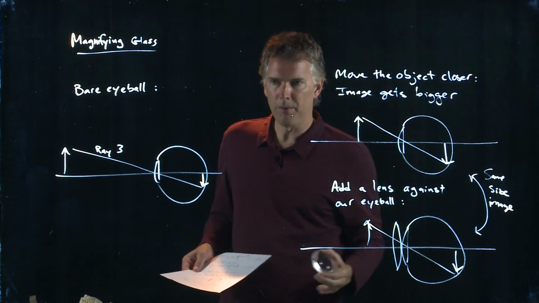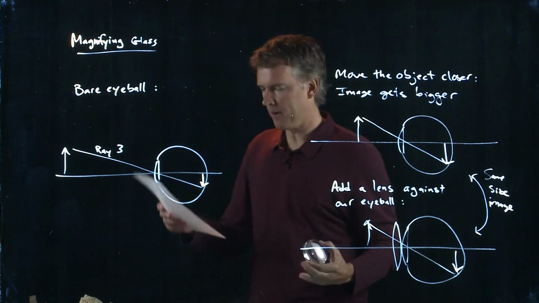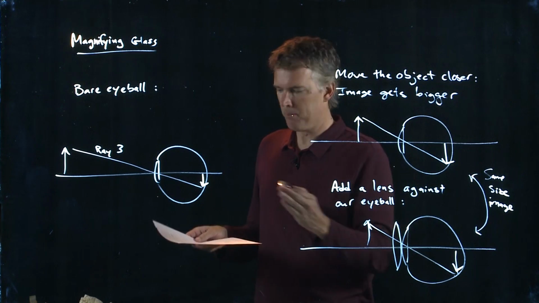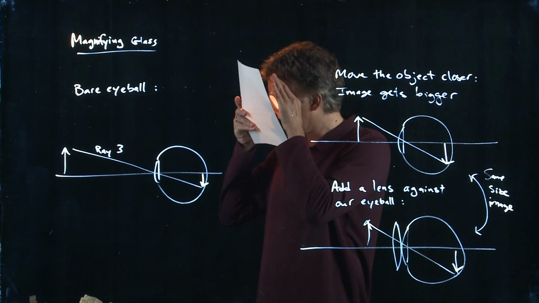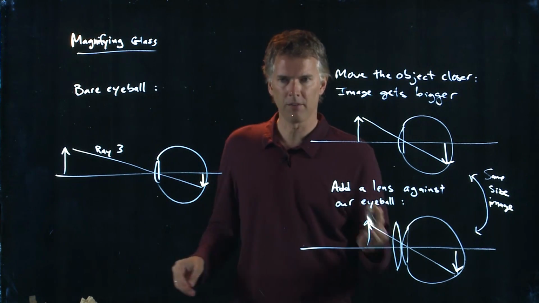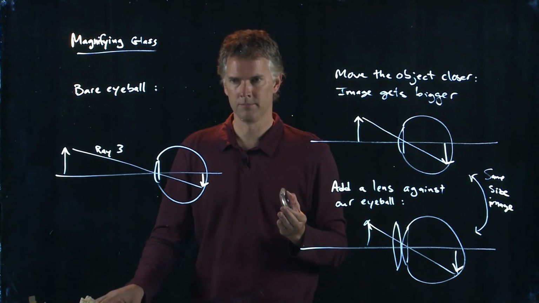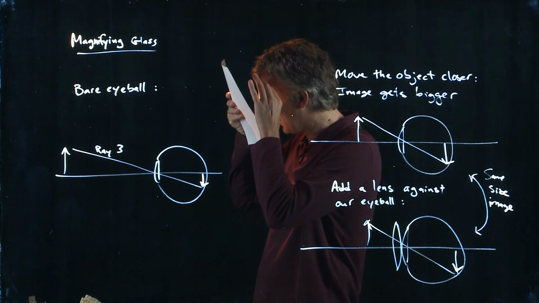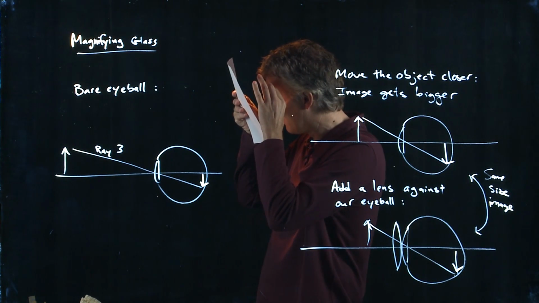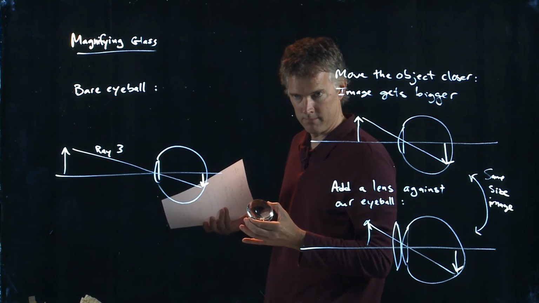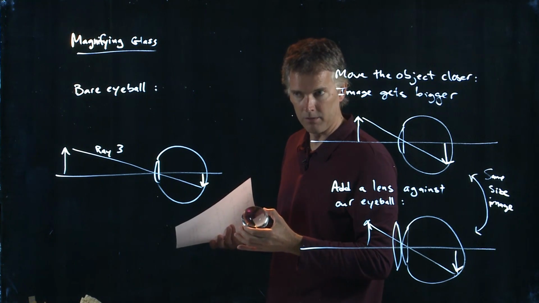So, what's the purpose, right? What I just said was if I bring the object in here, it's going to be big. But if I put a lens here and then bring the object in, it's going to be the exact same size. So what is the purpose of this magnifying glass? Well, it's this. If I put it here, I have a nice big image of my text. If I take it away, I have the same size image of the text, but I can't read it because I can't focus on it that close.